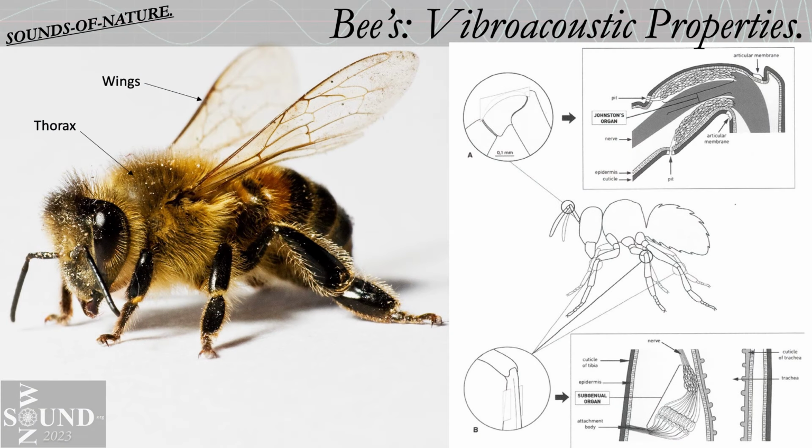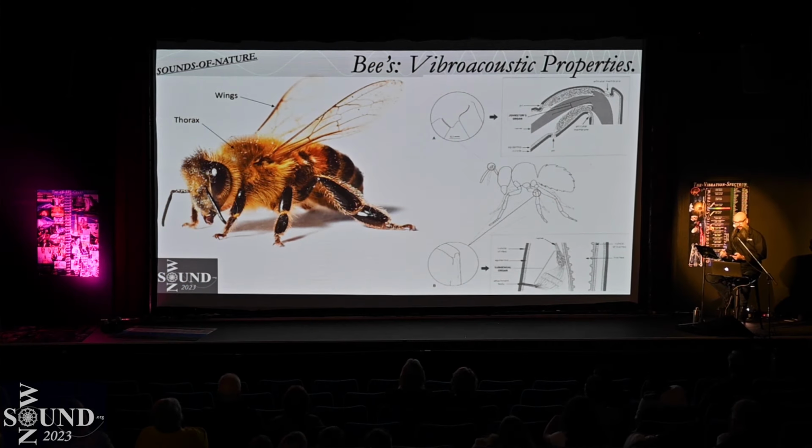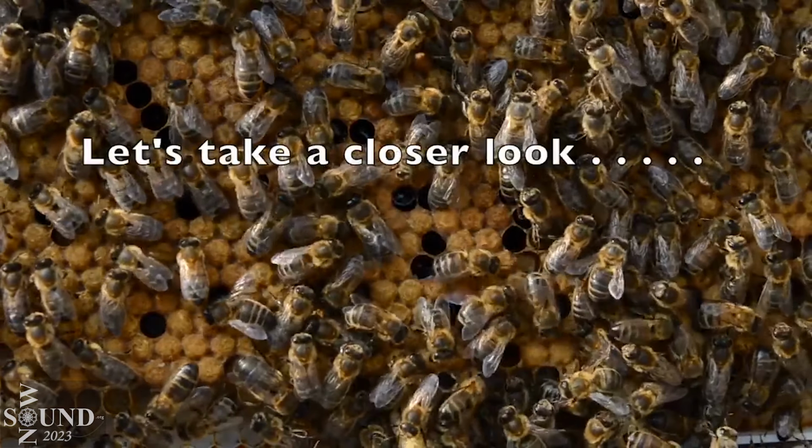And let's have a look at this. So the antenna up top there senses frequencies up to 500 hertz. And then in their legs, there's a joint, and that senses a bit lower, right down to 12 hertz, very low frequencies. Now, they make the sound with their wings, that's on the plant, and then in the hive, they move their body, not very fast, 12 cycles a second, and that causes the low vibration, which their legs sense. And then they talk to their mates like this.